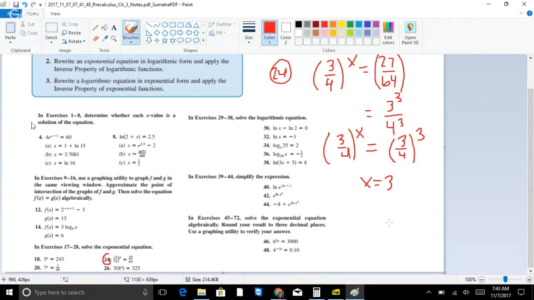The other thing I wanted to mention, there's just a few problems like this, but it is good to know when you're doing any logarithmic function, this applies to any logarithmic function, is number 12. Yep, number 12 right down here. Okay, so we have two functions. We have f of x equals 2 to the negative x plus 1 power minus 3, and we have g